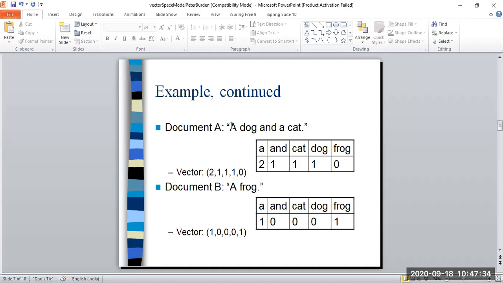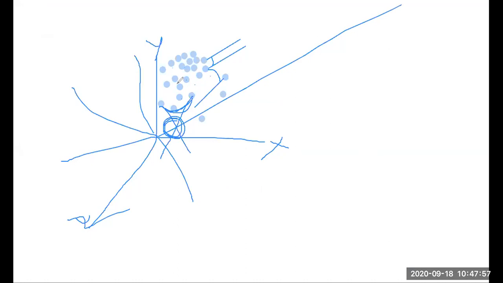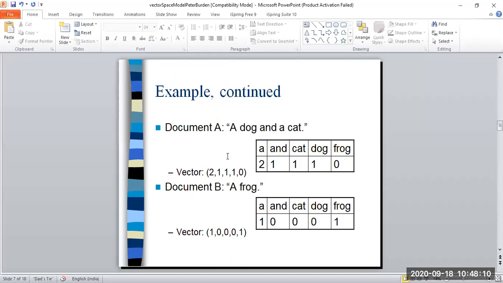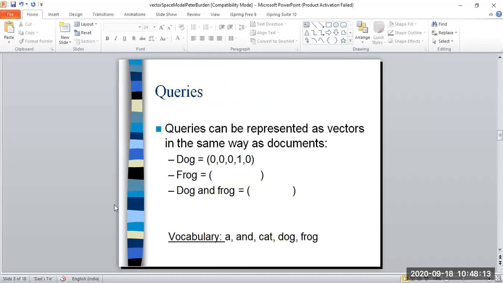So after converting the sentence into vectors, the next task is to compare. Now you can imagine these vectors in the vector space. These two will be a dot at one place in the vector space. Let's see whether we have that board or not. Yes, these two will be here. This cat will be here, dog will be here, and will be here, a will be here, and every vector has its own direction. So they are placed in that way. Now we have converted the sentence into a vector. Now let's move on.